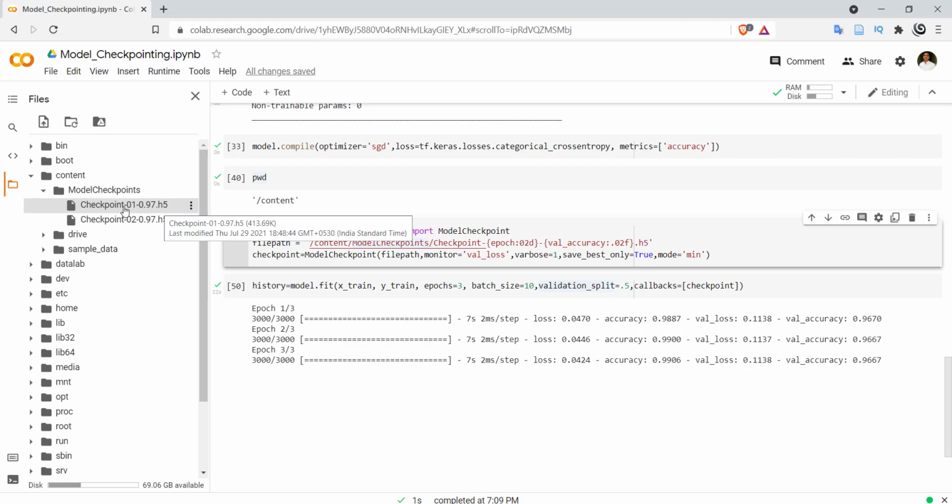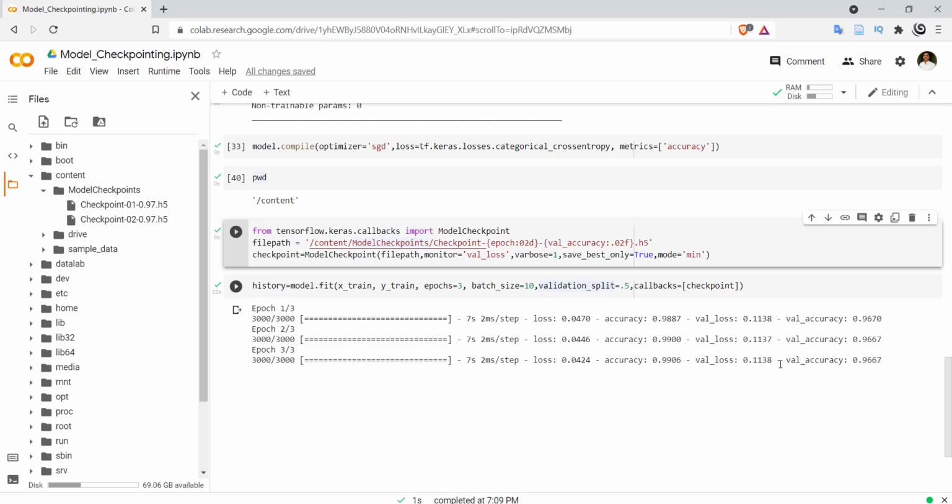The checkpoint for the first epoch has accuracy 96.70, so it is rounded to 97. Again the same for the second epoch, accuracy 96.67, rounded as 97. So two checkpoints are there, corresponding to epoch 1 and epoch 2.